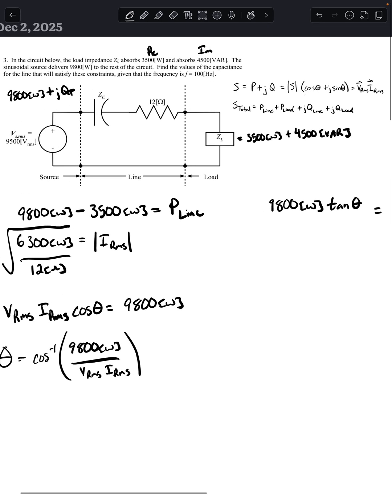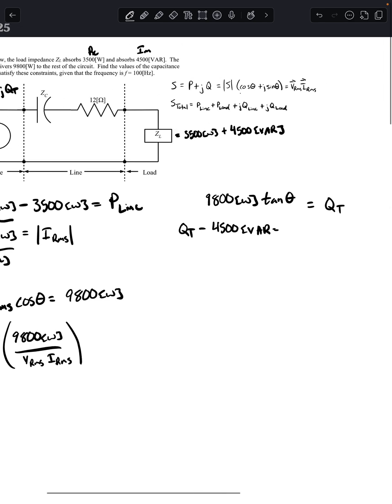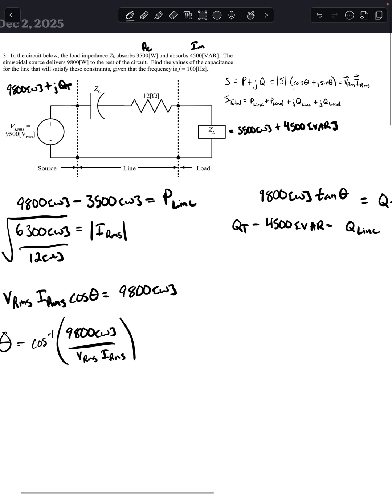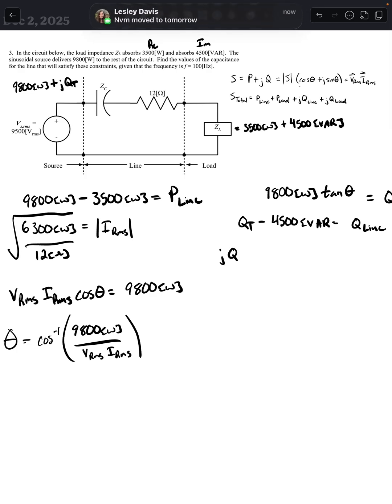And so now that we have QT, we can say QT minus the imaginary part, 4,500 VAR, is equal to Q line. Once we have Q line, we would take Q line and we would say jQ line is equal to